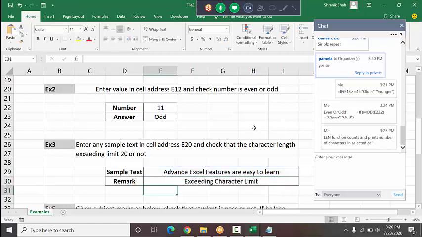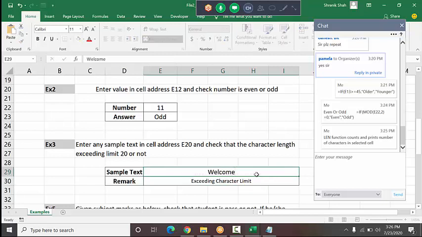See, it prints exceeding the character limit. Why does it print this? Because the character length, as I told you, should be only up to 20. If I write only a few characters, it prints false. But instead of false, we can write something meaningful.